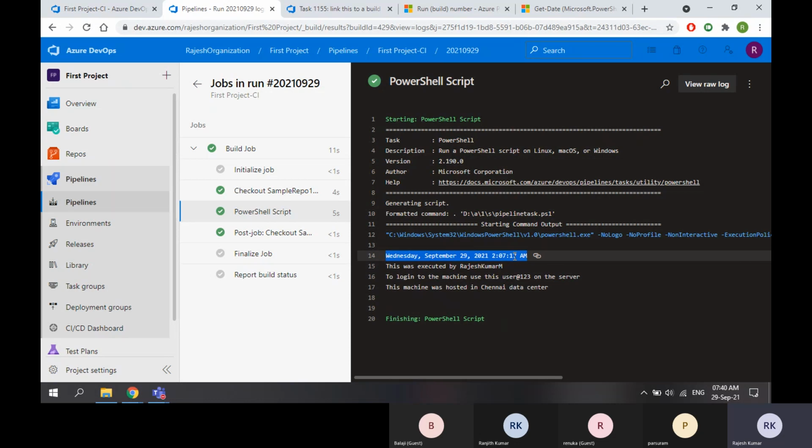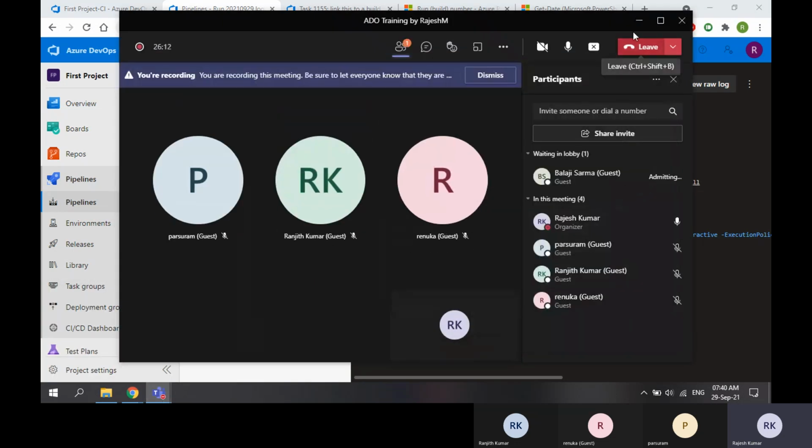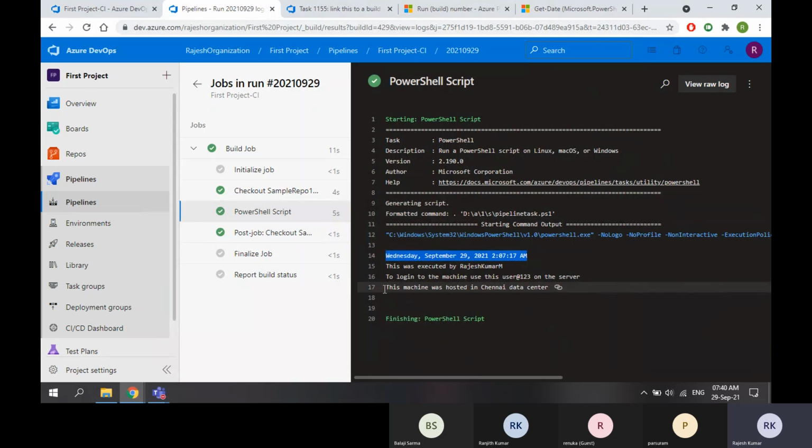London. Not only Microsoft, all the cloud providers will always use UTC plus or minus 0, I mean standard time. They will follow standard time for all their cloud systems. Why? Because that is the standard time, right? That's the reason when you see this time, it's like 2:07 or 2:10 right now.